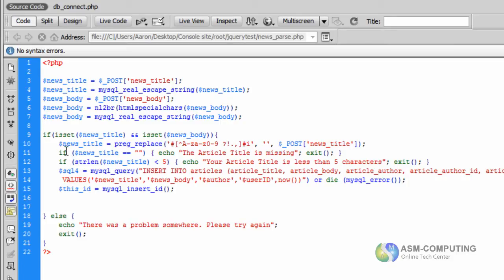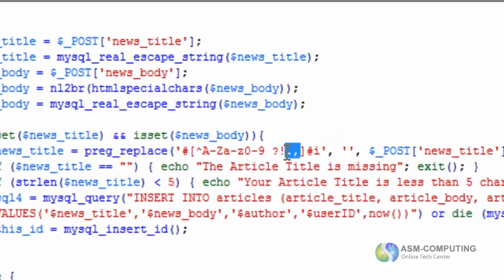So we want to say news title is equal to preg replace, and basically all we're doing is searching through the title, making sure that it's only got A through Z, capital A through Z, lowercase a through z, 0 through 9, space, question mark, and these couple of little bits here.